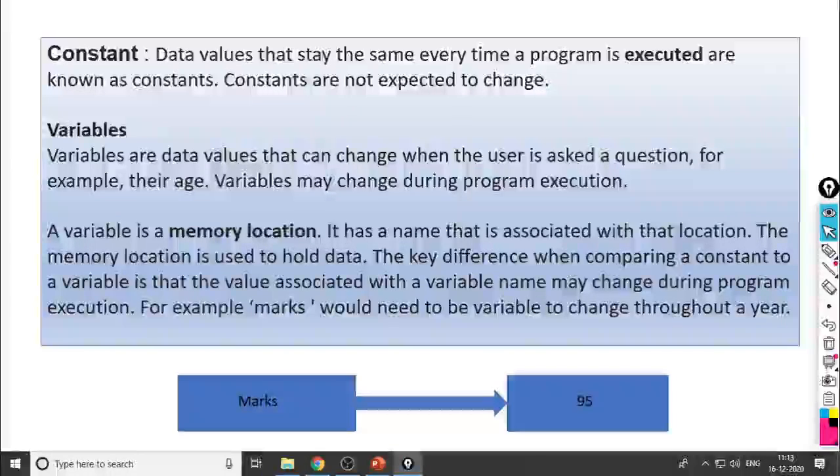So how to define a variable in a computer? A variable is a memory location. Whatever value we put, that value will be assigned to one variable name. Myself, what is my name? My name is Rajashri. Suppose that student has the name Hina, so we can call her Hina.